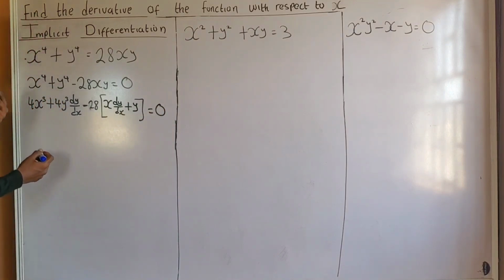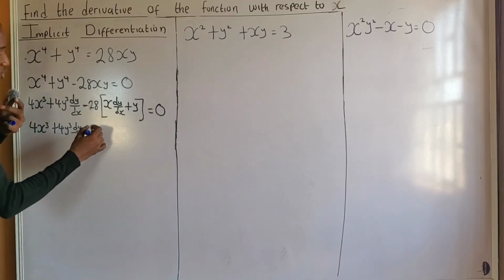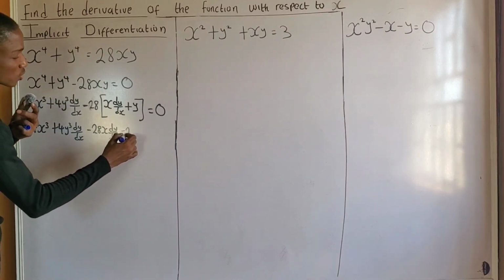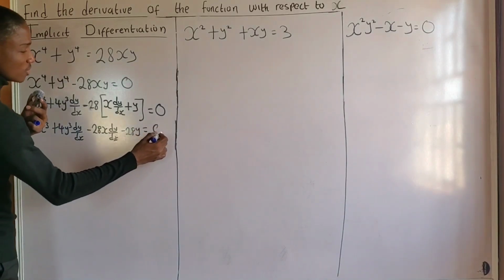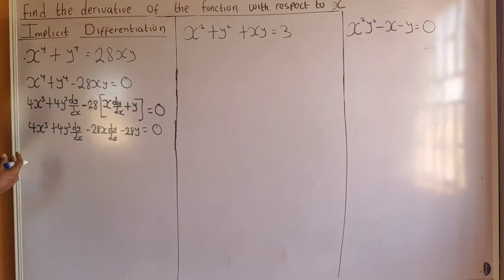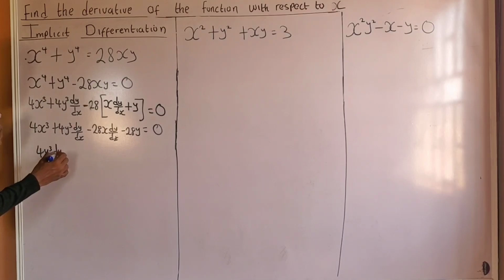0. Okay, for this, I'm going to have 4x raised to the power of 3 plus 4y raised to the power of 3 dy over dx minus 28x dy over dx minus 28y equals to 0. Are you there? Now, having gotten to this point, the next step is that collect like terms. Are you getting it? Separate the terms that are attached to dy dx. Separate them. So for this, I'm going to have 4y raised to the power of 3 dy over dx